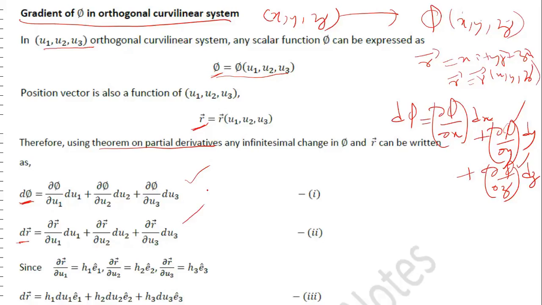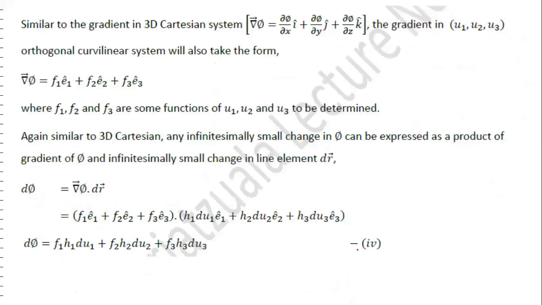When we discussed the tangential unit vectors, we defined the scale factors h1, h2, and h3. So this is what we have: del r upon del u1 as h1 into e1, and this as h2 into e2. If you denote this as equation 1, equation 3, and substitute over here, you can write your dr, the arc length, as this equation 3. All right, now